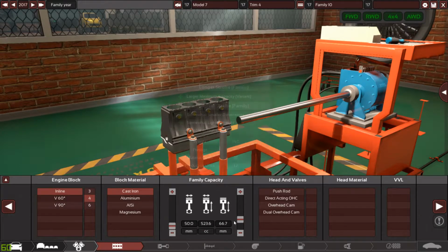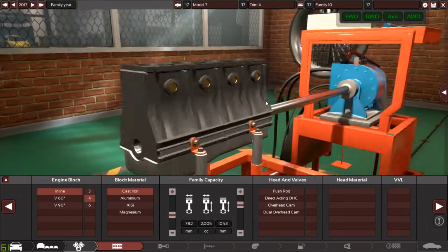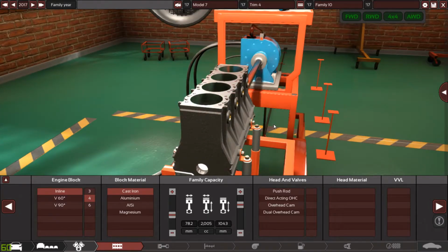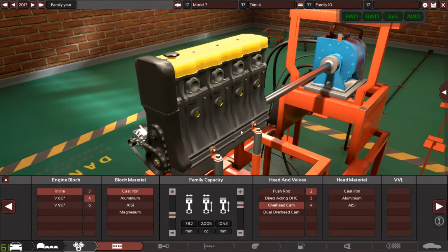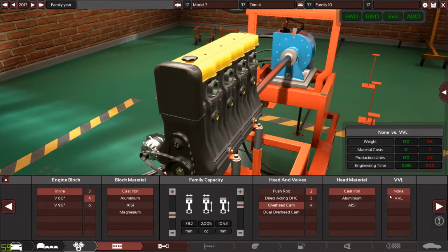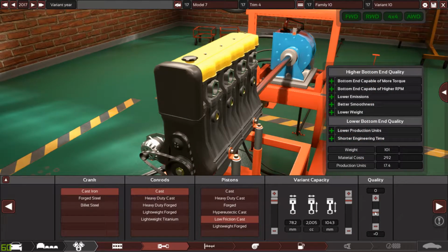And since this car will be an economy car or a cheap car, I would like to use a stroker engine, meaning an engine with more stroke than bore. This way I can get more torque, and I don't care about RPM. So this is it, a 2-liter engine, cast iron of course, cheaper, an overhead camshaft, cheaper of course, and 2 valves per cylinder, but this will hurt the economy, I'm sure about this. Cast iron, let's see, what's VVL, right? He wants... Alright, so he wants VVL and VVT. VVL, low friction cast. Okay, so...